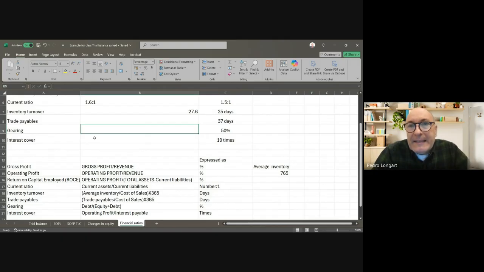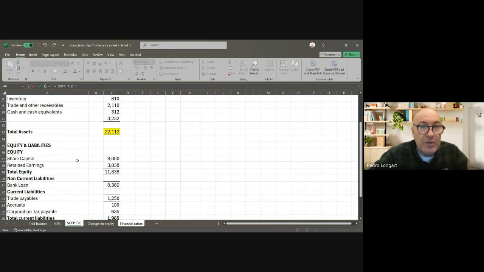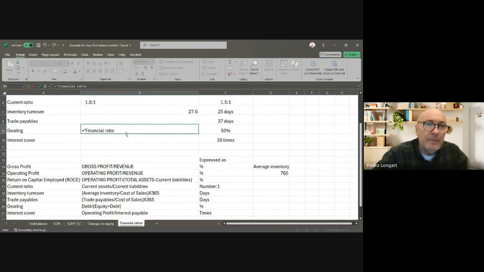So what is a prudent percentage? So how much debt and how much equity? It should be around 50%, okay? And the industry says here it's around 50%. Well, how do I calculate that? Simply, I need to know my debt. By debt I mean long-term debt, which is the bank loan that I have to pay over a number of years. It is in the statement of financial position. And my bank loan is 8389. So it's 8389